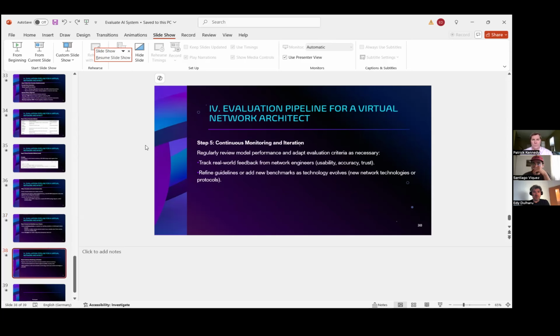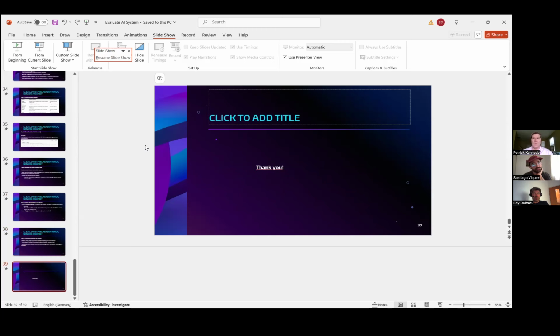And monitoring and iteration, yeah, so it's something which is standard in IT/AI. This stuff should continually be monitored and continually improved. New models are coming, etc. Monitoring is part of any AI system. And with that, I've come to the end of the presentation.